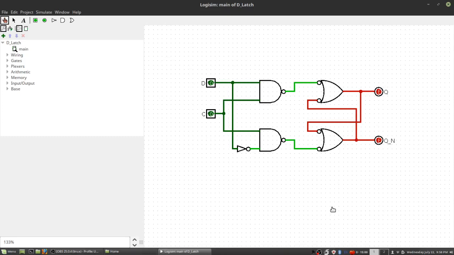Now we've got a D latch here. So the D latch is kind of a more convenient version of the clocked SR latch. We don't have an unclocked D latch, right? We have to have, I guess we wouldn't necessarily have to have the clock,